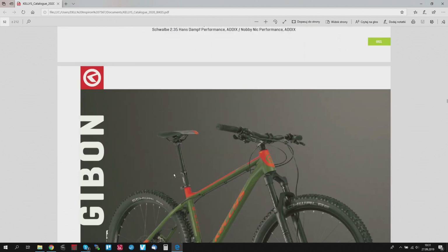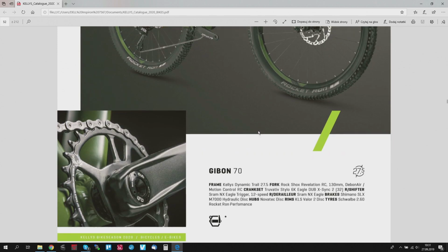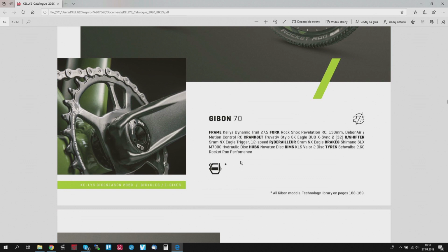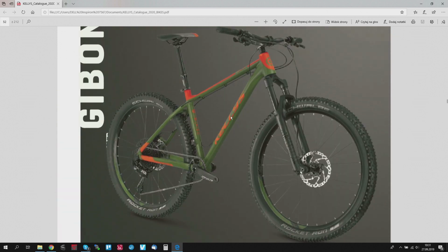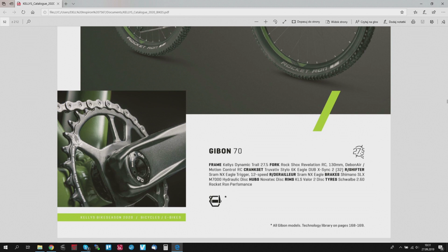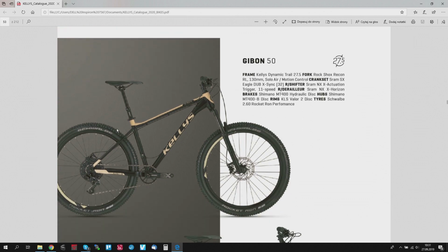Okay, and finally the Hardtail trail bike. This is not a cross-country bike, this is aluminum frame, the Gibbon, 130 millimeters of travel at the front, strong frame, dropper post, a lot of fun, knobby tires. These are 2.6, so you can do some serious trail riding on this bike as well. Gibbon, it has 27.5 inch wheels, 130 millimeters of travel, and this one 50 would be my choice because it